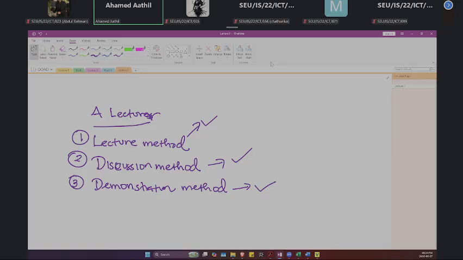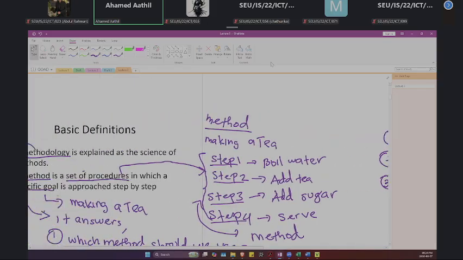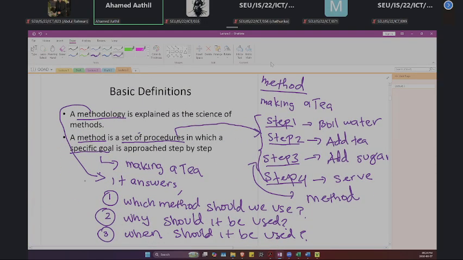Likewise, the actual definition for methodology, we can say like this, a methodology